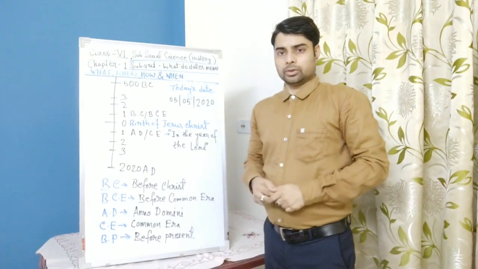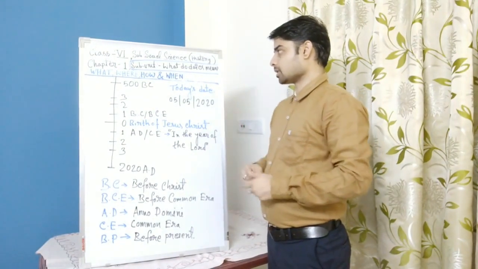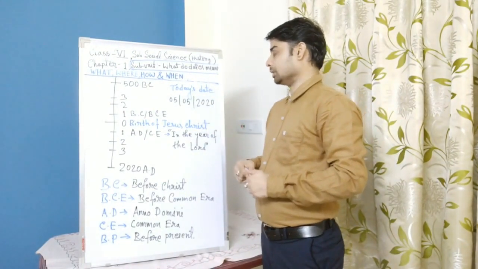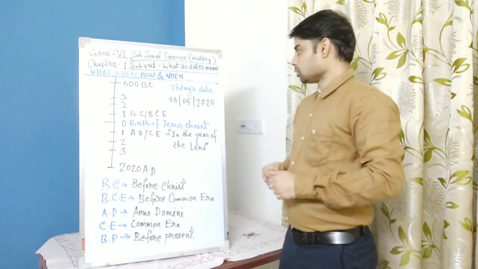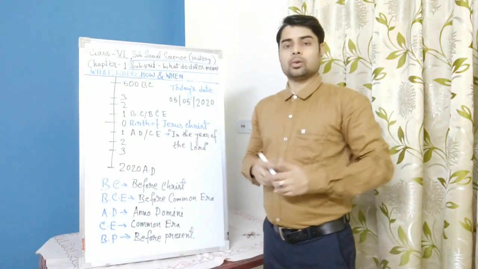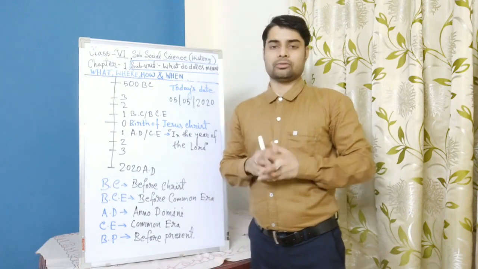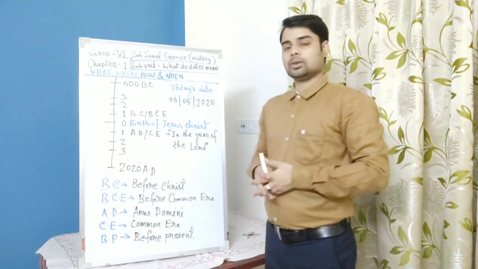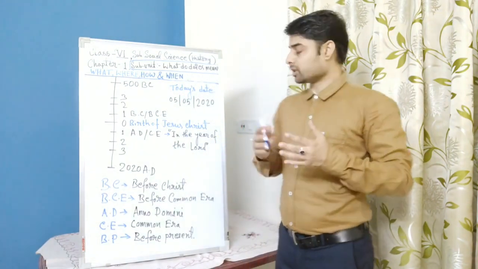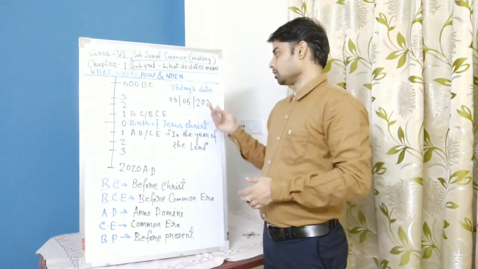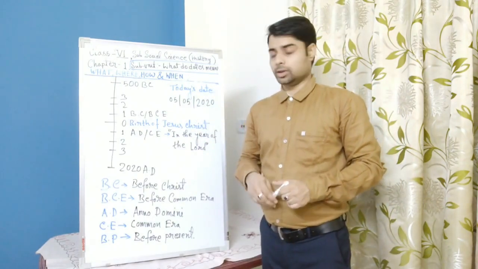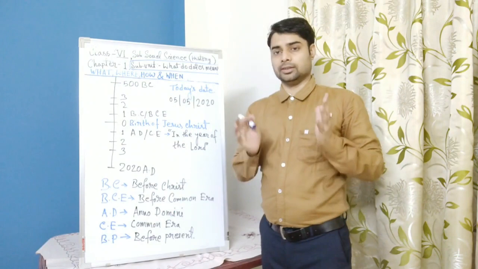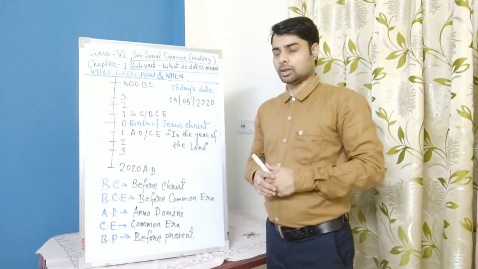Okay, now we'll start with our next subunit. It is, what do dates mean? So what do dates mean means, from where have we found all the dates. So first take today's date. Today's date is 5th May 2020. So if we write in date, month, year format, it will look like